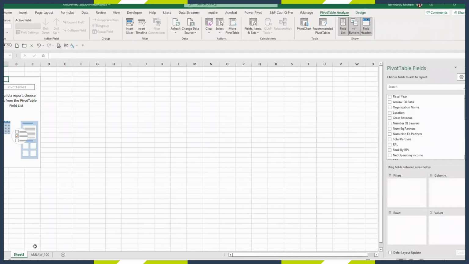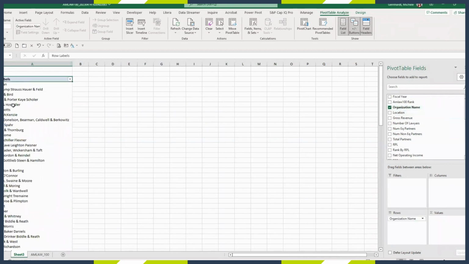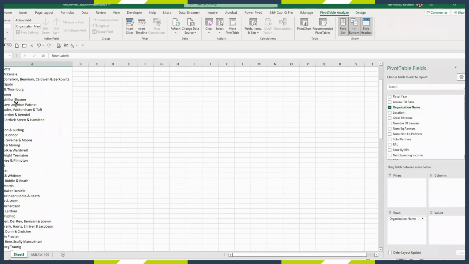And now it's taken you over to a separate tab. All of the columns from your flat data file are now here for you to work with and rearrange. At the outset, we'll just pick organization names. That's the names of all your firms. And instead of them being there 3 times each, they'll just be here 1 time each. If you scroll down here,